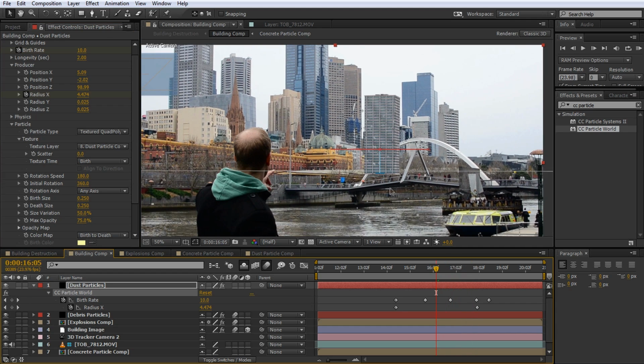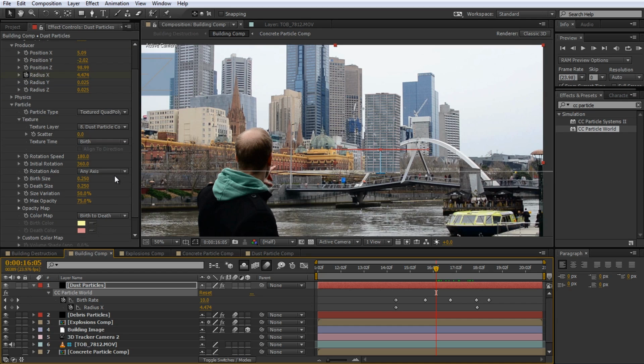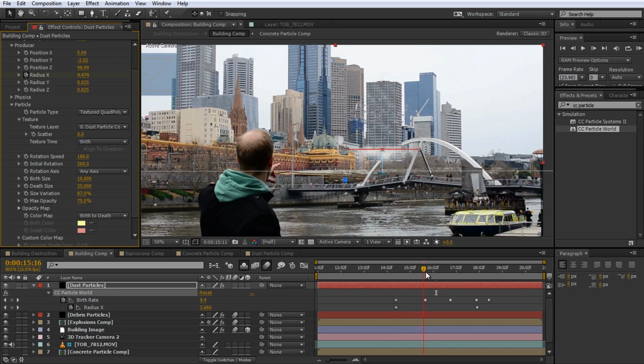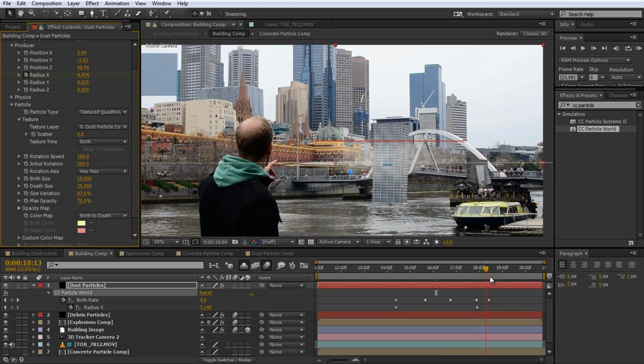And again, we can't see our particles simply because they are too small and too far away. So go back and increase your birth and death size. I actually want my smoke particles to slowly expand over time, so I will set them to 10 and 35 respectively. Also increase the size variation to around 100% to make the smoke look a little bit less uniform. Scrub through your footage and you can slowly see the smoke taking shape, but it is being emitted in the